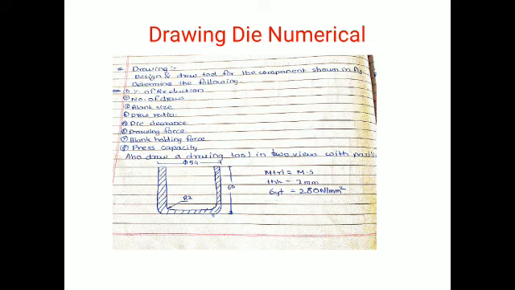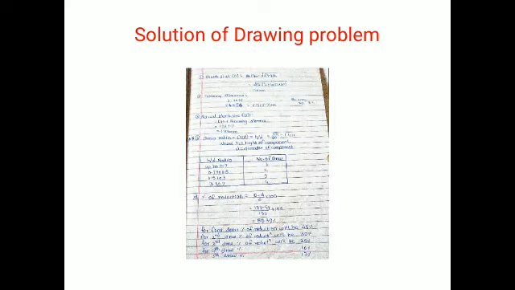So the component shown in the figure is a cup without flanges. It doesn't have flanges. It is just a cup having the diameter as 54, outer diameter, and height as 60 millimeters. Material of this cup is mild steel. Thickness of sheet metal is 2 millimeters, and sigma YT, that is yield strength in tension, is 280 Newton per millimeter square. This is the data given. Let us try to solve this problem. Let us go for the next slide.